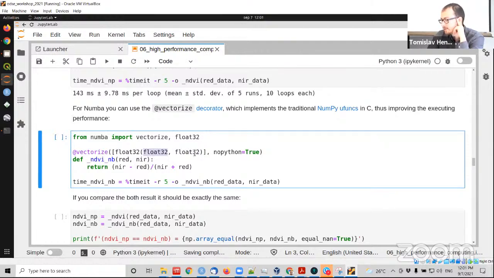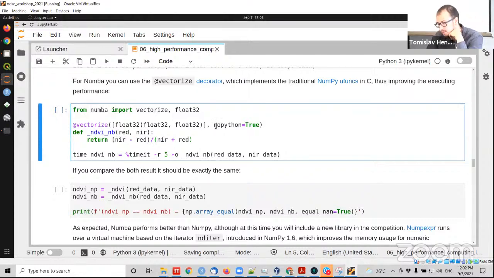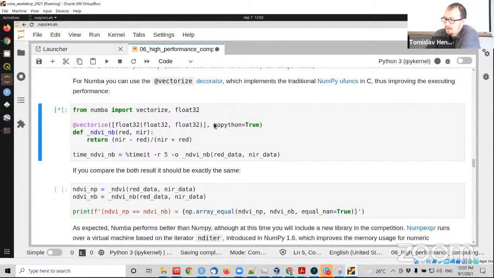So here we are defining that we are using float32, because at the end this function will be converted to a C function, and these data types are really important if you do it in C. And you can see the return here. So, index, exactly the same code. In this case, it's almost a drop-in replacement. And you can execute it,